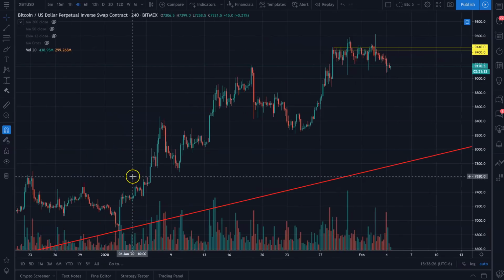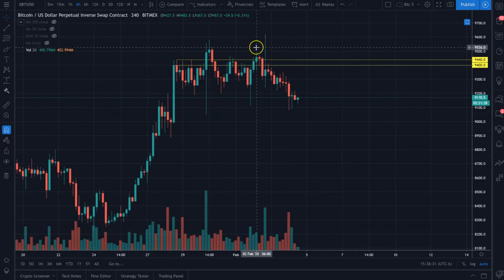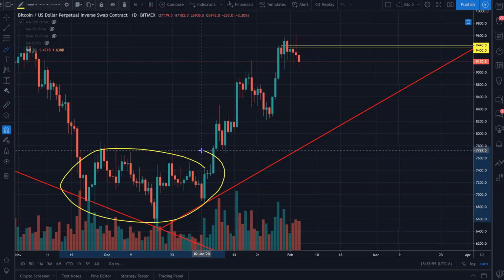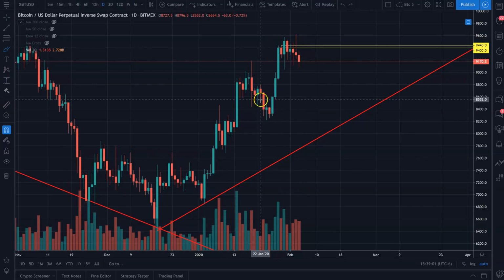It looks like we did indeed have some accumulation going on and then a move up, and it looks like distribution. There was somebody that posted on Twitter. I wish I had the chart because I didn't take the time to draw one up, but essentially they posted a Wyckoff schematic over the top of this, and it was darn near perfect for distribution. So we'll see, right? We'll see if that's what this was or not. It would be a little bit strange to see an accumulation period this large followed by a distribution this small. So there is a little bit of a gotcha there, but this does look very toppy to me,